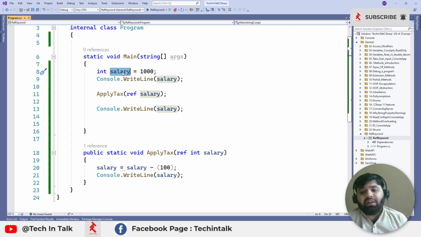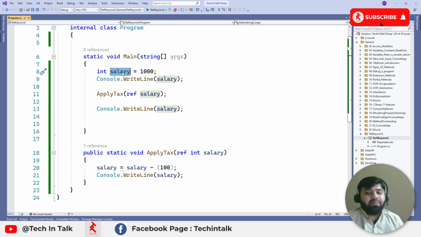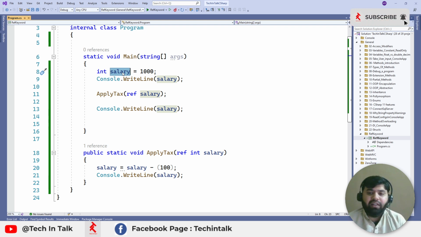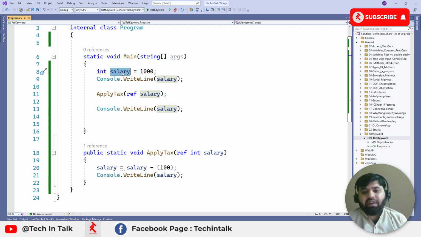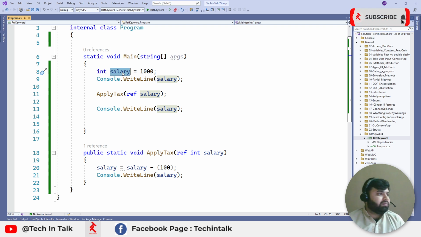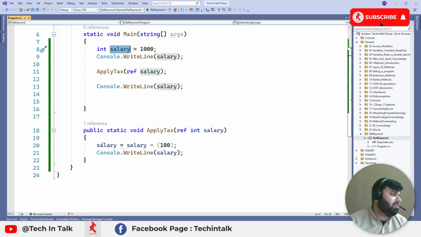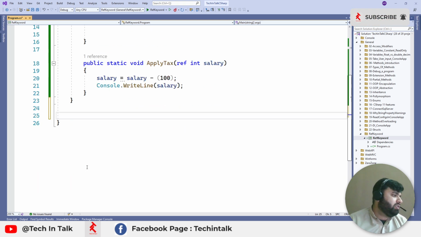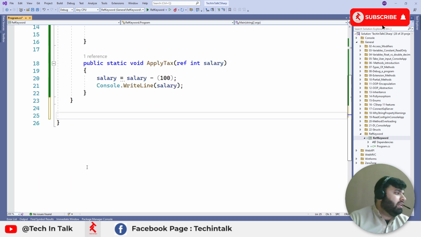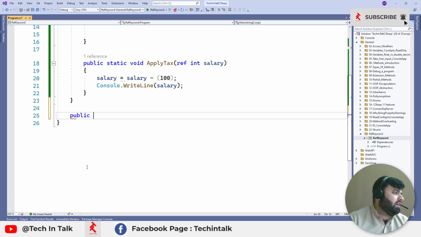Value changes applied on structs will not be reflected outside the scope of a method, which means we can use the ref keyword while passing a struct variable to a method. Let's implement that as an example as well. Let's say we want a struct of type, let's name it Person,